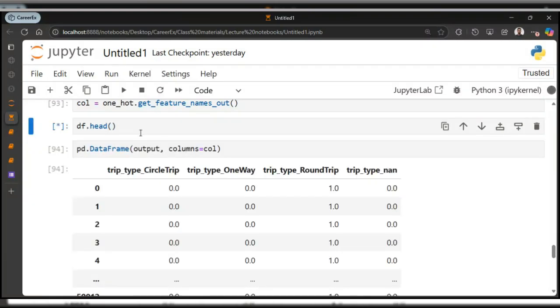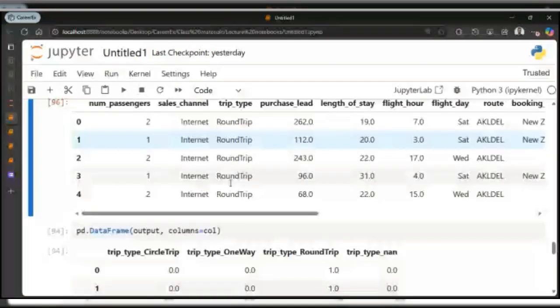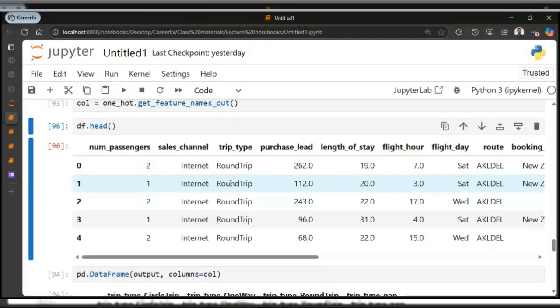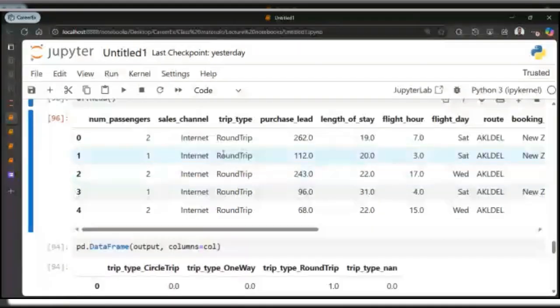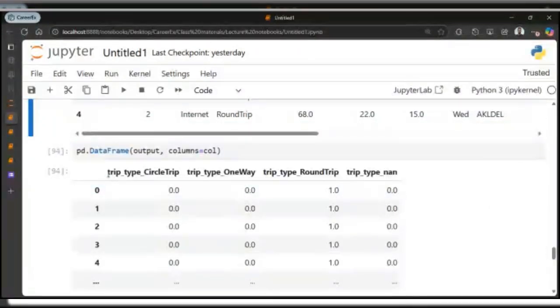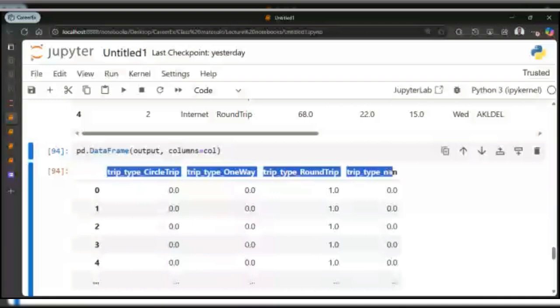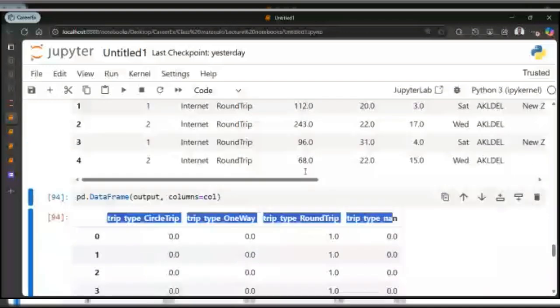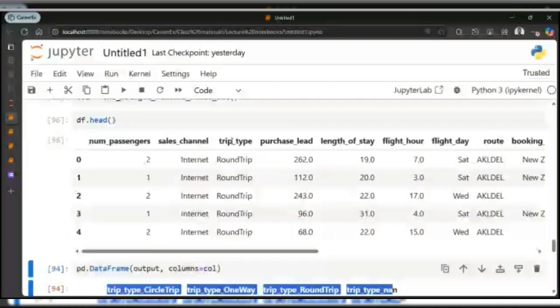So these 4 columns correspond to this particular 1 column here. We one-hot encoded this column and we got this. You can see how it has expanded this column to 4 columns.